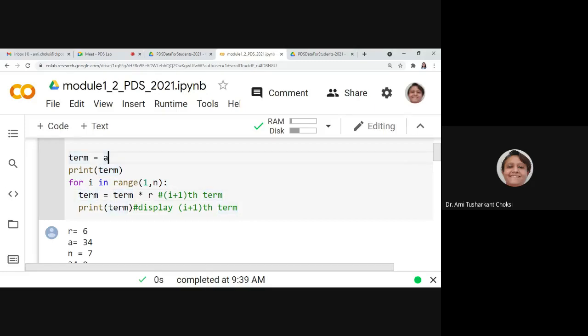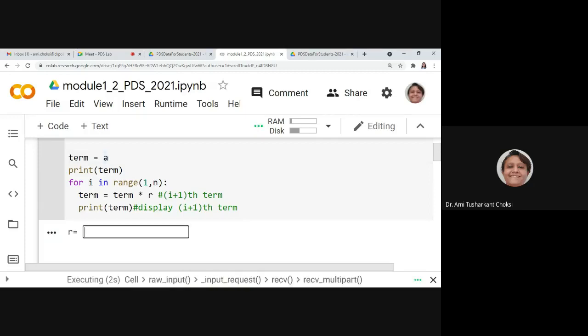It is equal to A. This is what we want to have in this example. This is the geometric progression example, right? See, if I teach you the area of circle, am I going to teach you that whole equation? No. Same way here, this is geometric progression. For that, this is the equation.